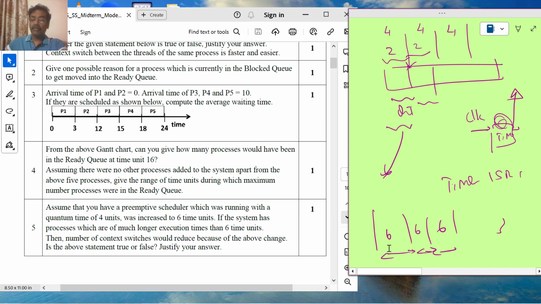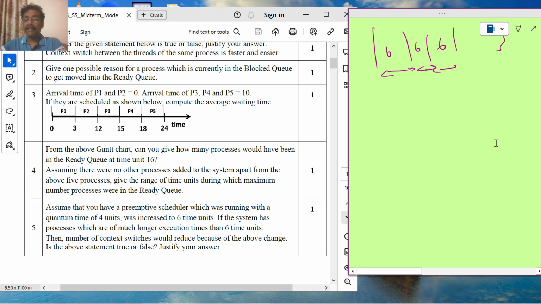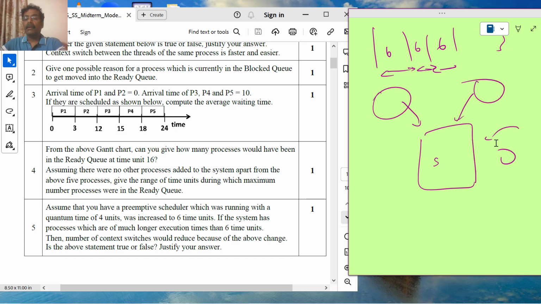I am saying, assuming that a system has a set of processes to run, all the processes that are expected to run on this system have a longer execution time compared to 6. You can assume much longer, maybe 100 or 200. So I am going to divide them into chunks of 4. Now my question is,